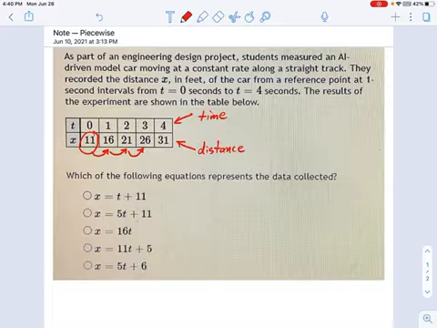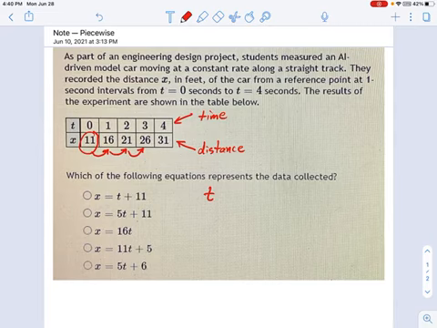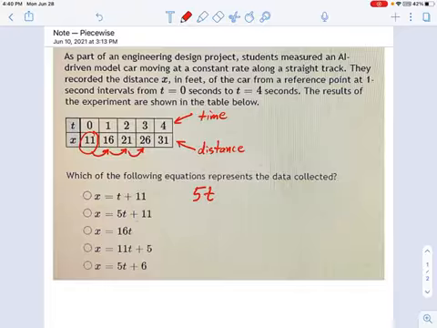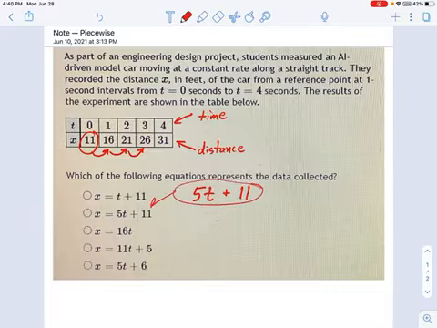If you think about this in terms of an arithmetic sequence, maybe that will be helpful if you learned about them, but it's not necessary. What this means is, if my time is t, I multiply it by 5 to represent these little jumps. Every second I jump another 5 distances, whatever the units are. Feet, I jump 5 feet every second. So that's going to be 5t. And then you have your starting point of 11. That's time 0. If you think about it in terms of building an equation, that might be a helpful way to look at it. And there's your equation right there. But you could also just plug things in. It's just a preference.